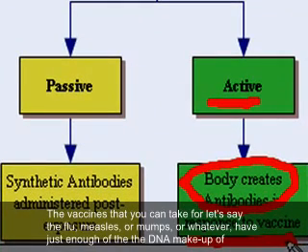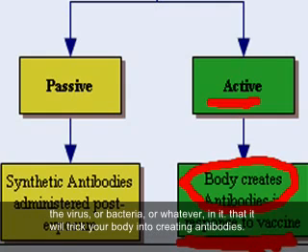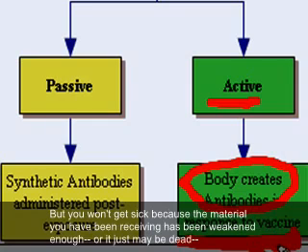The vaccines that you can take, say for flu or measles or mumps or whatever, has just enough of the DNA makeup of the virus or bacteria or whatever in it that it will trick your body into creating antibodies to it, but you won't get sick because the